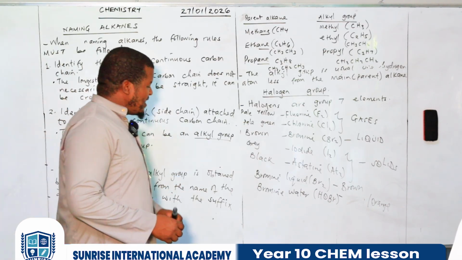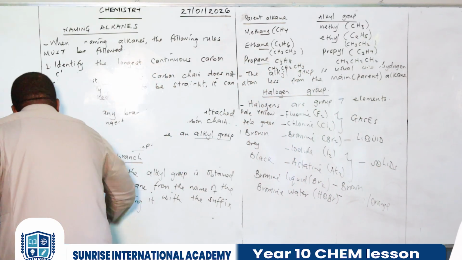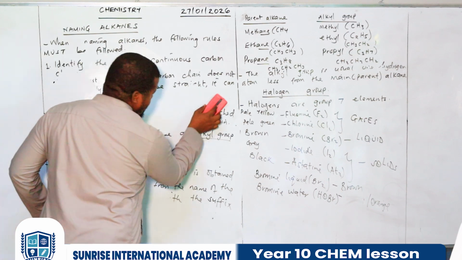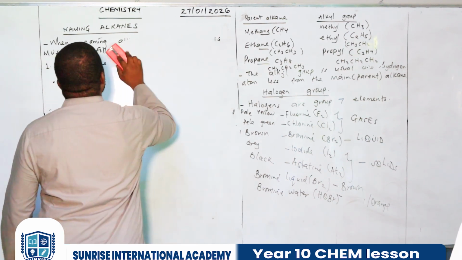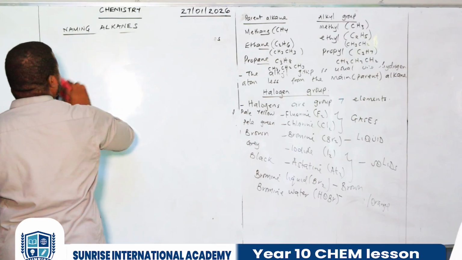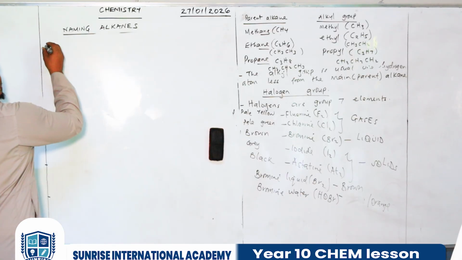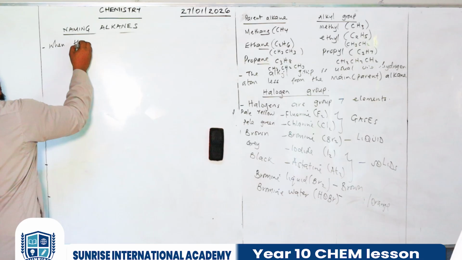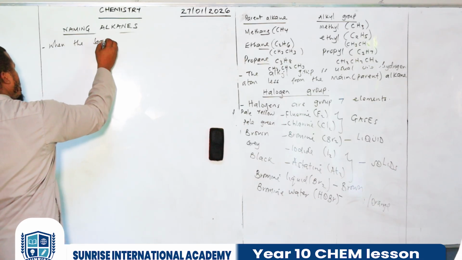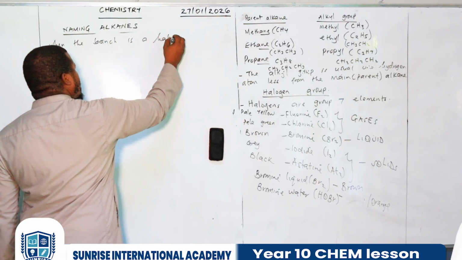Now, why is this important? When the branch is a halogen atom,